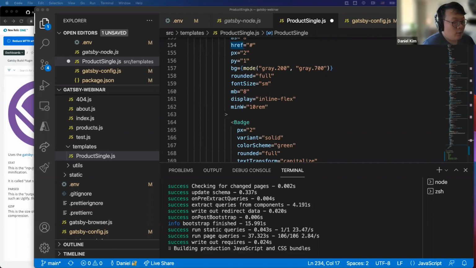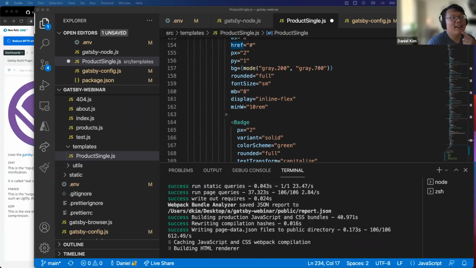I've talked to a bunch of open source contributors to different Gatsby themes or boilerplate websites, and if they want to make their website accessible to those who want to add a lot of content, or you're just curious, do you think that my website can handle maybe 20,000 blog posts instead of 5?